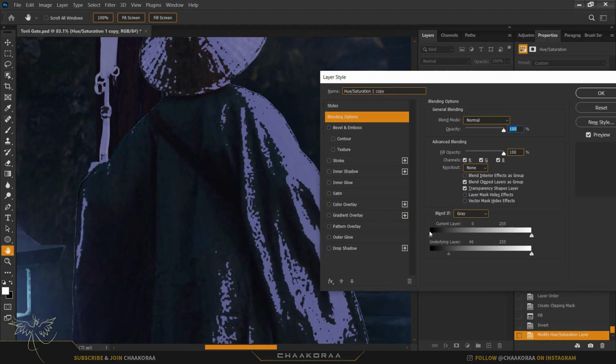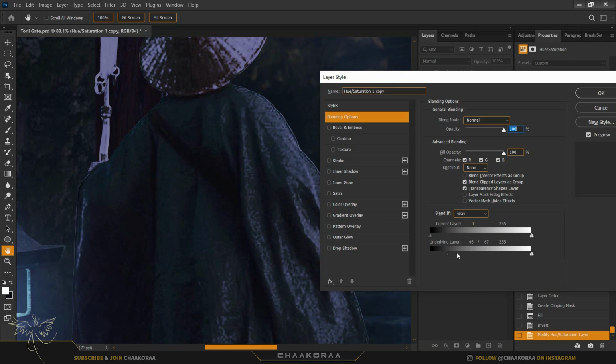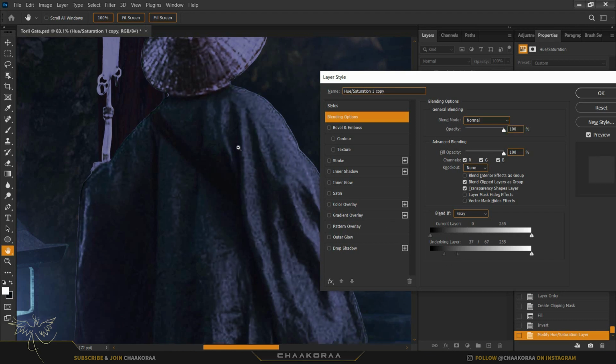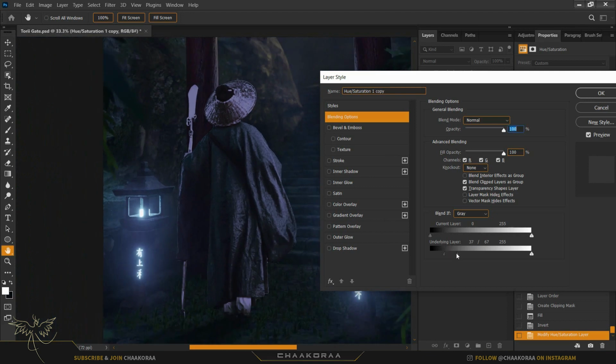I don't want it. So you can hold Alt and click on that, and it will split this one into 2 arrows, and you have a soft result like this. And we can drag it up to there,